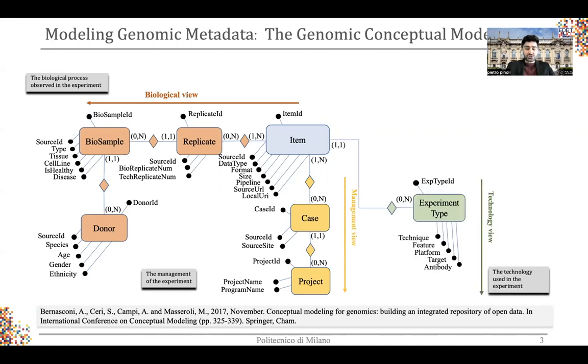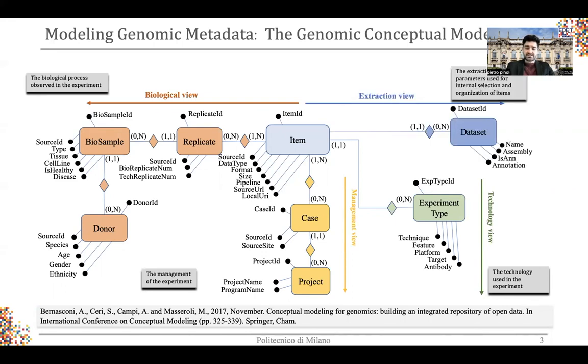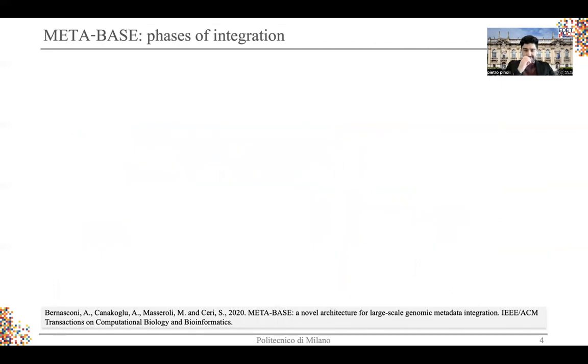The biotechnological process by means of which the experiment has been produced is represented in the technological view. And finally, in the extraction view, we have internal information, which is useful for organizing the experiments and successfully querying them. The genomic conceptual model has driven the